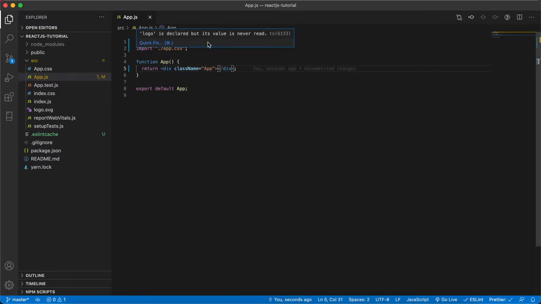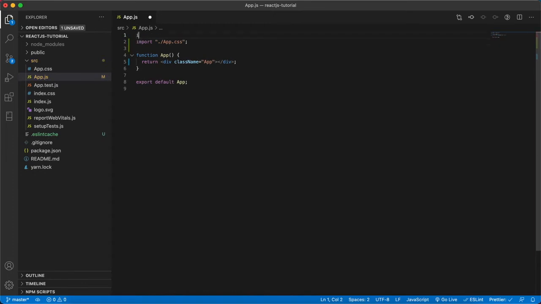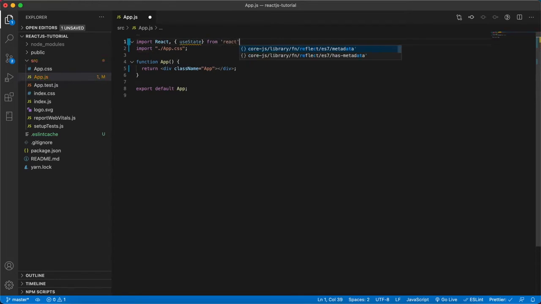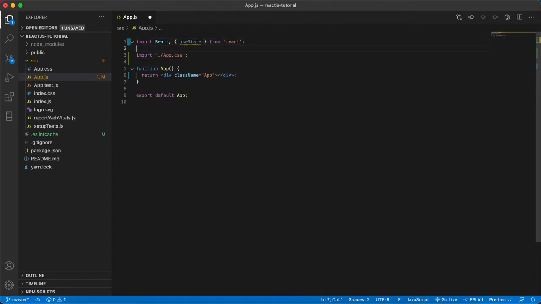Now we are back to this app.js file, and I'm removing the unwanted code. Now I'm importing React and the useState function from the React.js library, so that we can use it in the app file, the App component basically. App is the root file. Now we are going to declare a state const and use useState. Whatever the useState function returns will be stored in state. Now I'm going to console log the state, and let us see in the console what it shows us.